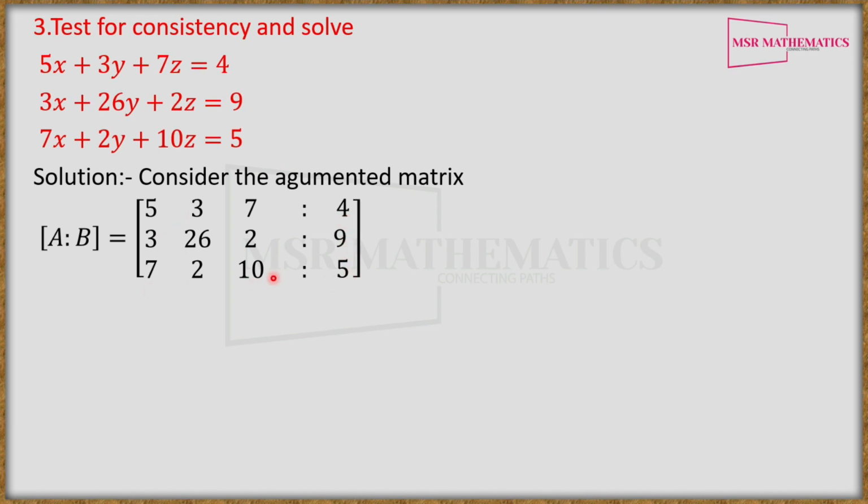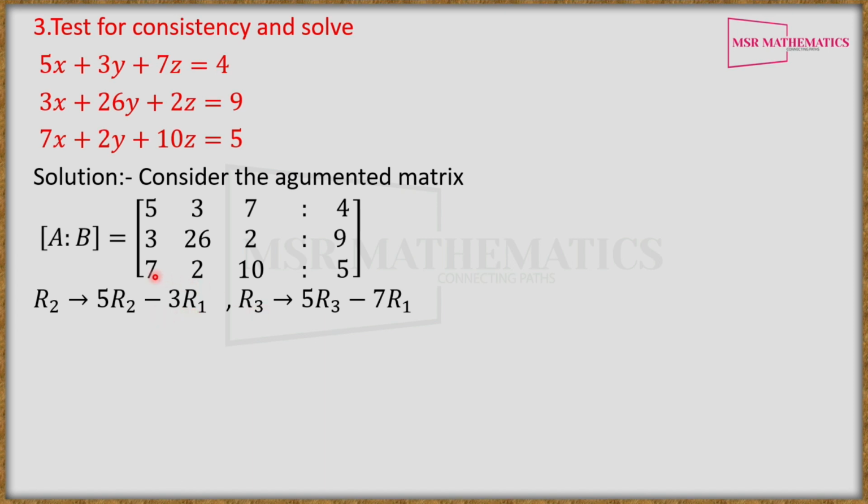So we have to reduce this to an echelon form matrix to obtain the rank. Here no need to apply the first condition of echelon form matrix, that is the leading entry in each row must be 1. Here the leading entry is 5. So if we divide this throughout by 5, we get a leading entry as 1. So no need to take that condition. Second condition is below this leading entry all the entries must be 0. So to obtain that, the elementary row operation is R2 implies 5R2 minus 3R1. Here we have 3, here we have 5. So multiply this by 5 and this by 3, we get R2 as 5R2 minus 3R1.